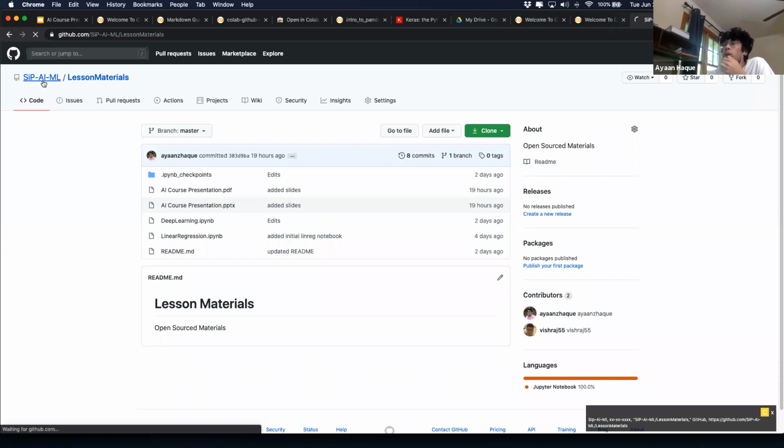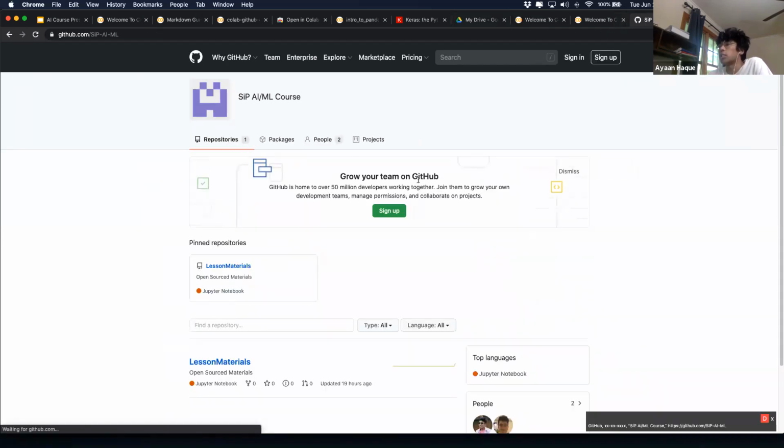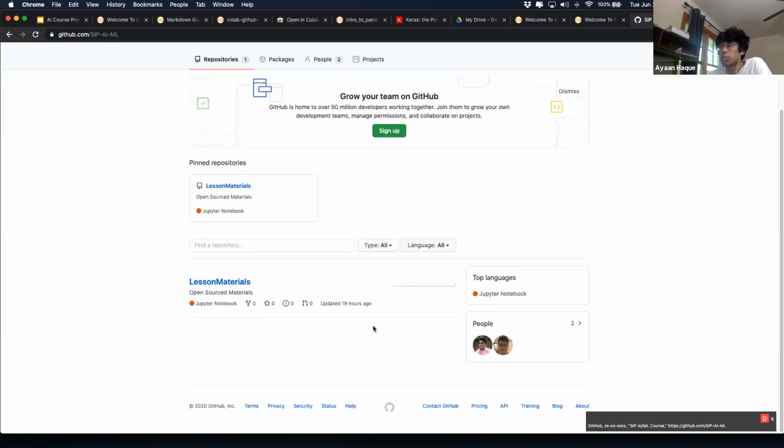So basically, we're gonna do all our stuff through a GitHub organization. This will allow everyone to create repositories, and repositories are just like a folder for your code. It'll allow everyone to create a folder in the cloud, so that me and Viraj and anyone else can look at other people's code, and we can all help each other out, especially when we do group projects.